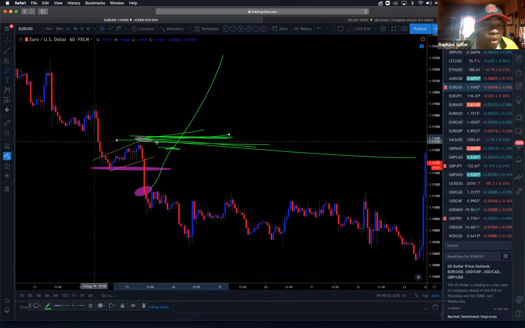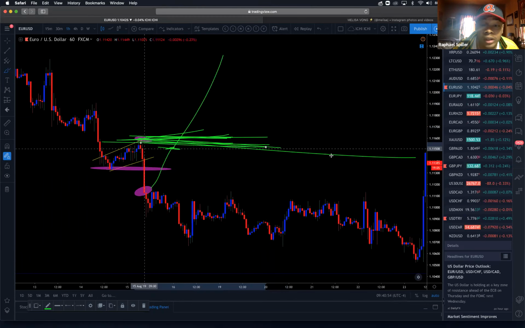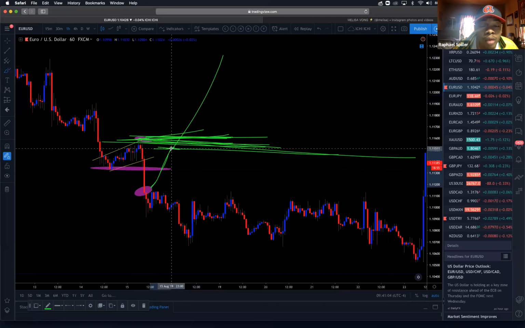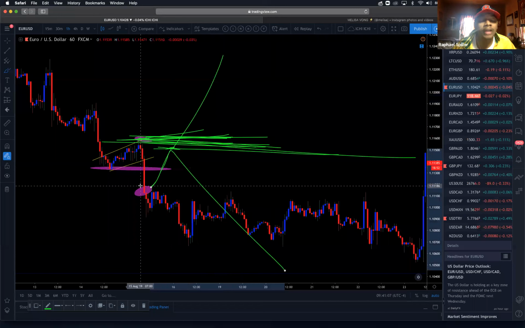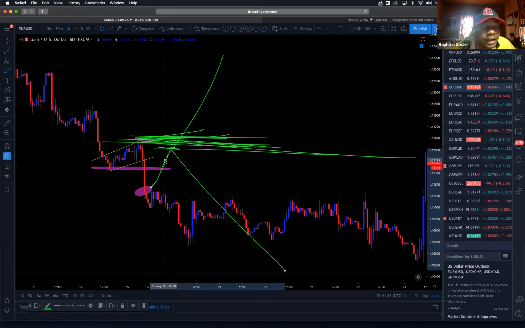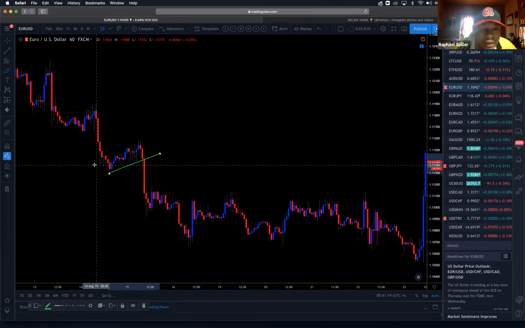When it hits your stop loss, and I'm doing this on purpose, when it hits your stop loss, get out. I put my stop loss in, that's why you have it. Because what happens is it'll shoot up, come 2-3 pips away, and then go in the direction. You're like, dang, I knew it was going there. Because you weren't patient. Be patient. It doesn't matter. Let it hit your stop loss.